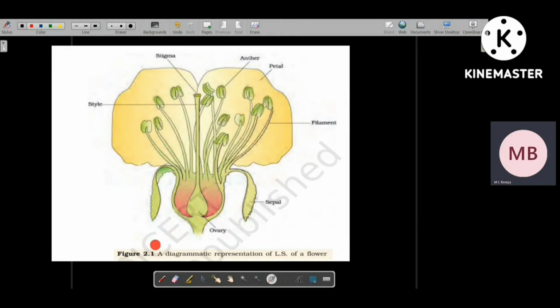Figure 2.1, a diagrammatic representation of LS of a flower. In that, there is a female reproductive part that is called as pistil or carpel, and it's divided into stigma where the pollen grain lands. Then there is a slender stalk called style, and then there is ovary. There are stamens present here that form the male reproductive parts of the flower, and one stamen is divided into bilobed anther and then filament. Then petals are present,